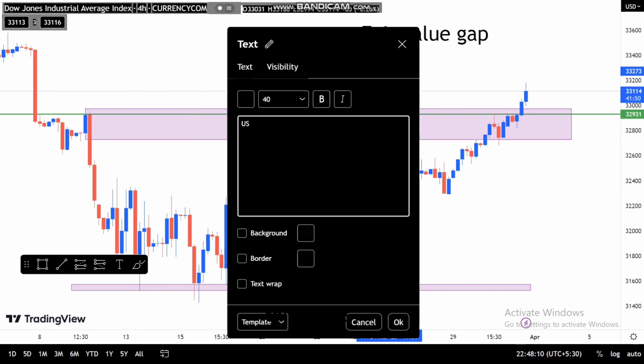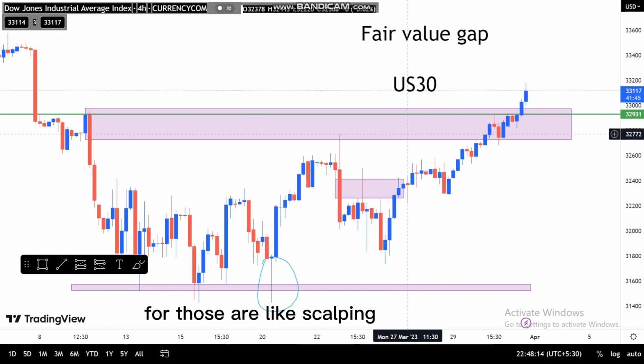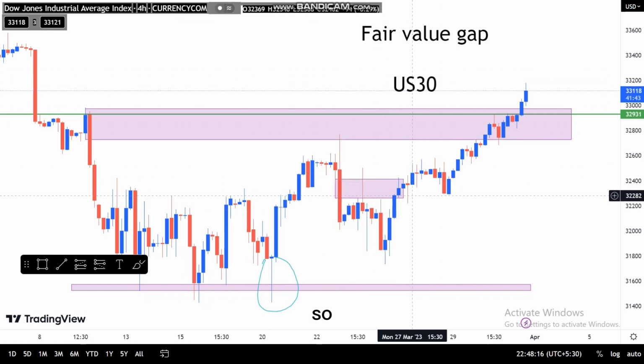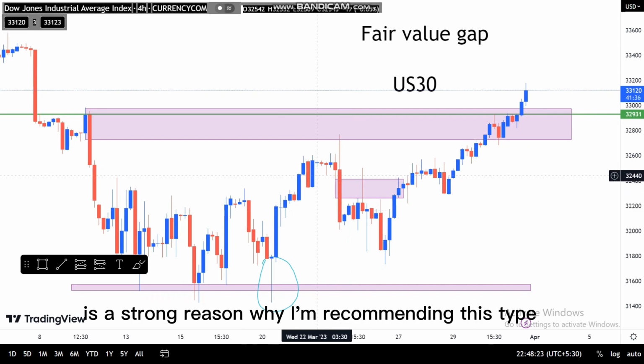This is US 30, traders. This is US 30. So for those that like scalping in the market, this would be a nice buy off. So here would be buying off, because remember, we have fair value gap. And traders, there is a strong reason why I'm recommending this type of